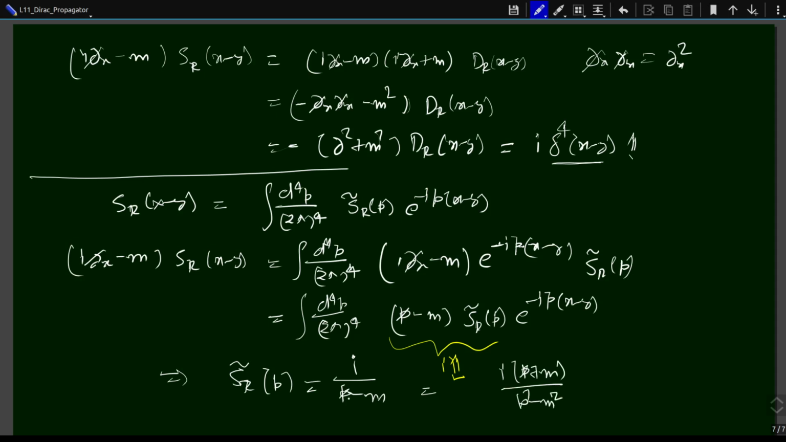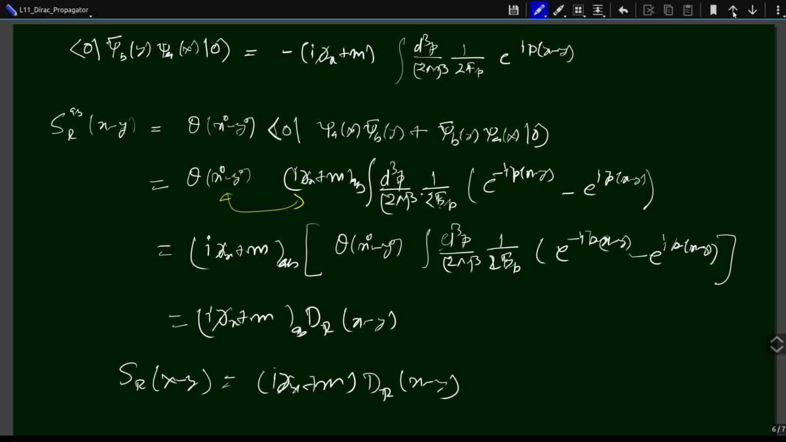It's very weird to write a matrix in the denominator. We multiply by (p̸ + m) in the numerator and denominator. The denominator becomes p² − m² times an identity matrix; the inverse of the identity matrix is 1, so I can write S_R. In this particular case, if I replace S_R by this quantity and compare with the S_R expression that I had here,